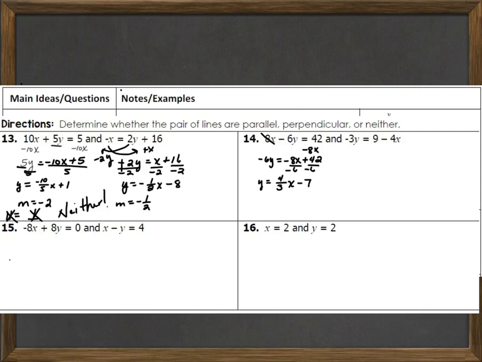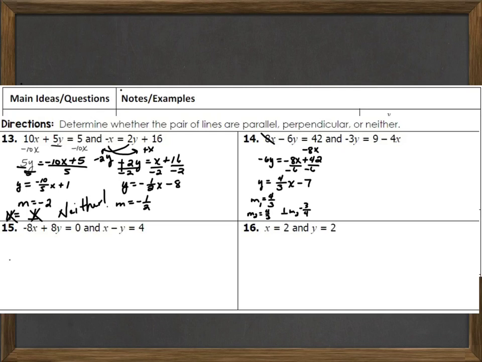Because that was a negative 6. Alright, so m here is 4/3. So let's think about it. For a parallel line, in our second one, m2 would be 4/3 if it's parallel. If it's perpendicular, m2 would be negative 3/4. So we have to figure out, let's go over equation 2 and see if we have either one of those